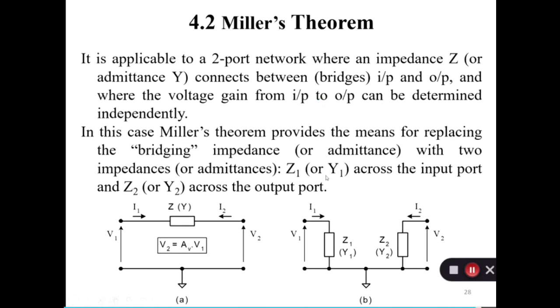Now come to the second circuit. What happens in the second circuit? On the left hand side, calculate the I1 again. See what I am doing. I am calculating the value of Z1 and Z2, which is generated when we break the Z in two sections. So that property will be the same. So I am going to calculate the Z1 or Y1. Same process for Z2 and Y2.